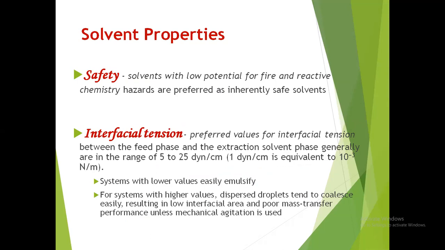Interfacial tension. We also considered this in the design of our gas absorption and stripping columns. The preferred interfacial tension between the feed phase and the extraction solvent phase is generally in the range of 5 to 25 dyne per centimeter, where 1 dyne per centimeter is equivalent to 0.001 Newton per meter. Now, with interfacial tension that is not within this range, meaning either lower than this or higher than 25, systems with lower values, for this one lower than 5, say 4,